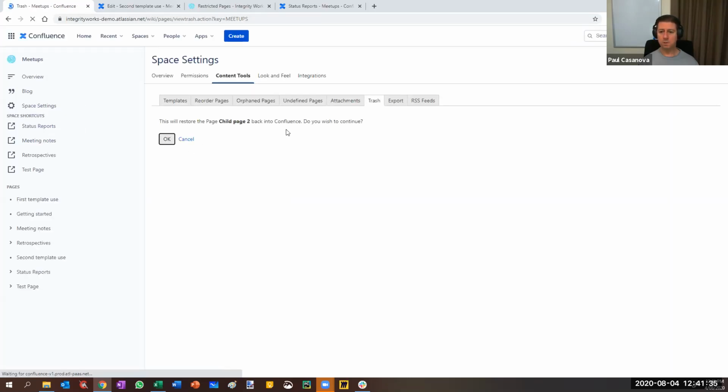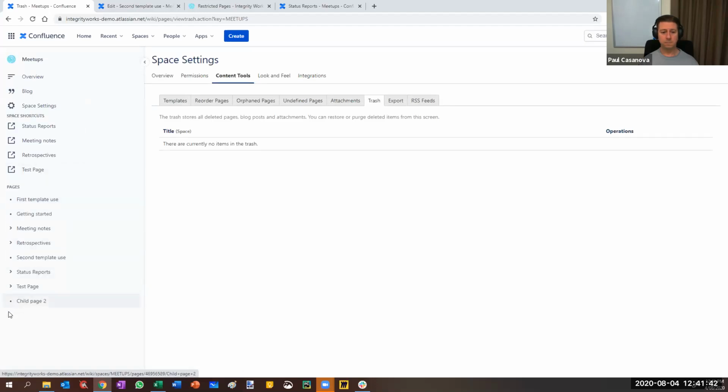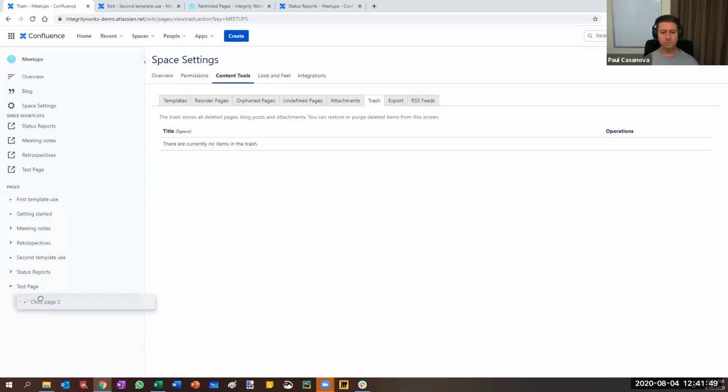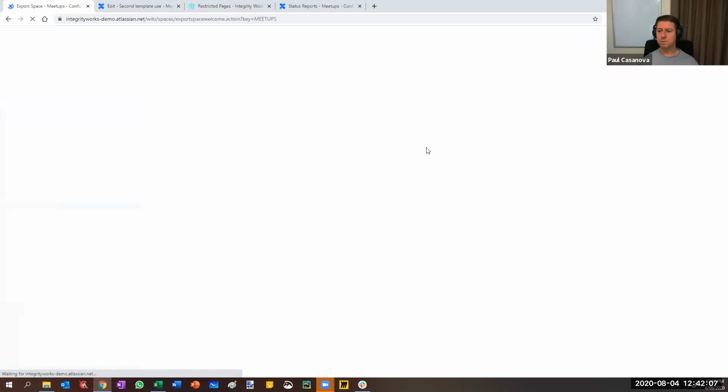Okay, it's going to restore the child page 2, and it should go back under test page. Child page 2. Pretty sure I had child page 2 under test page before, didn't I? Yeah. So it's odd that it put it in a different place. Maybe it does that to make it obvious, or maybe it's a bug. Not entirely sure. Okay. The export tab will let us, once this loads,